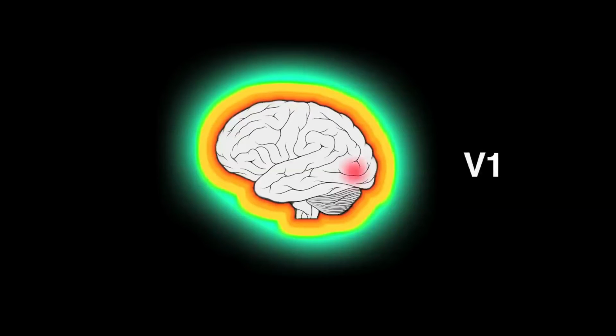These different pieces of information move along to higher order visual areas that can then analyze more complicated features, like